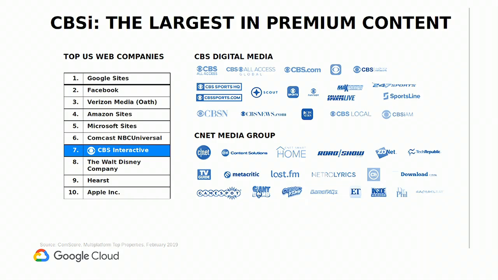And so I think one of the confusing things is when you think about CBS, you generally think about the television network that we are here to talk about. But CBS Interactive is actually quite a diverse company. As the slide demonstrates, we're in the top 10 for traffic, nestled right between Disney and Comcast. But our various brands, we have close to 40 different businesses under our umbrella, and it drives a tremendous amount of traffic. But today, what we're here to talk about is television.